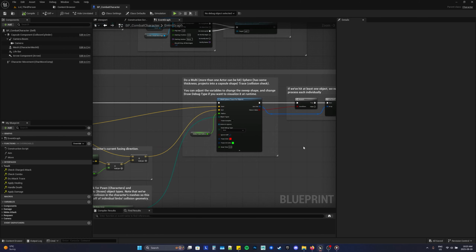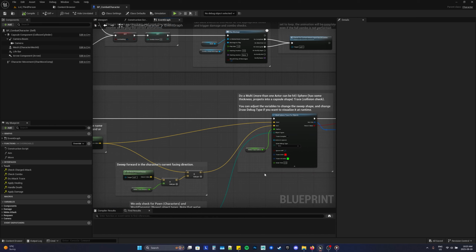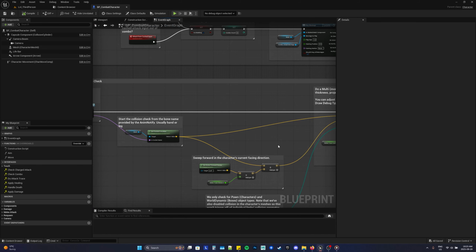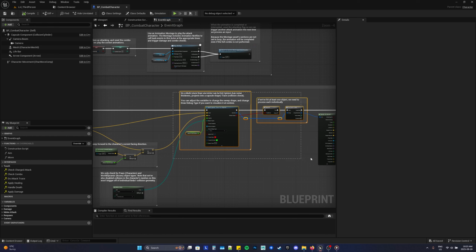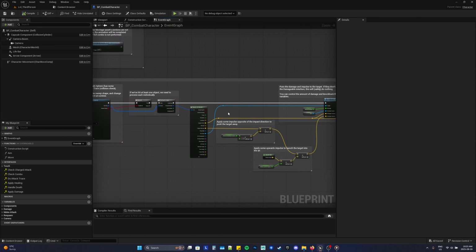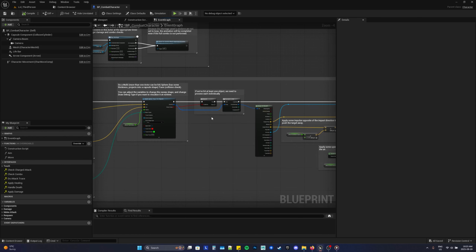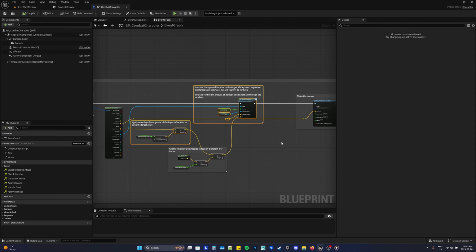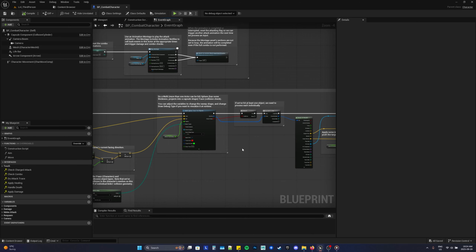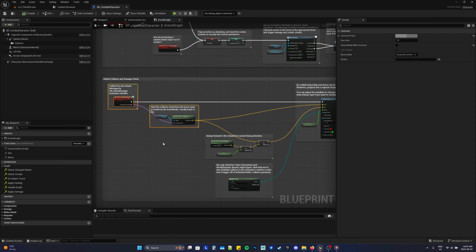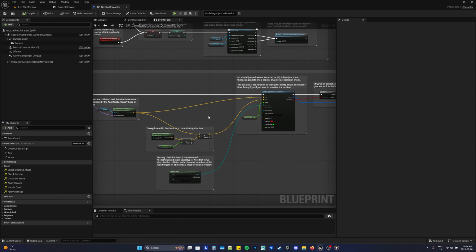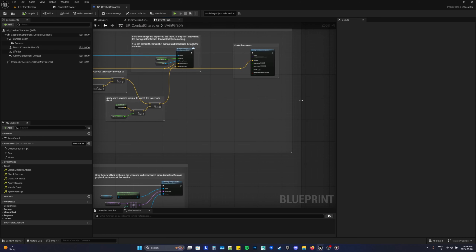Or you can do some preliminary checks before committing your attack trace or the motion warping to see if there's an actual successful target there. So almost like another trace like this that would detect if there's a target there before you actually apply damage and stuff like that. So I'm actually going to modify some of this, and I'm kind of just going to make my own attack trace,